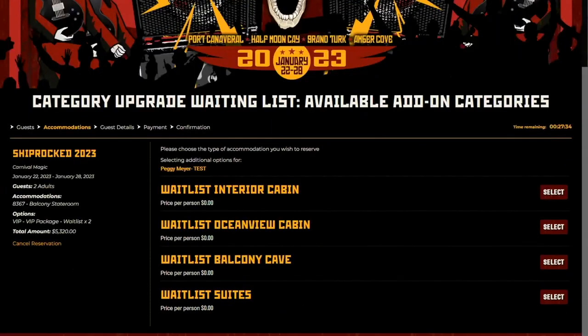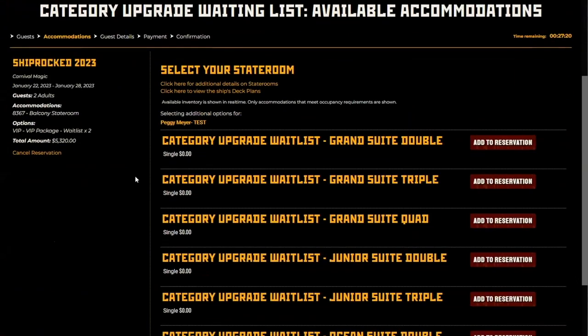And this is actually where you can go ahead and add yourself to the wait list depending on what you're interested in. So I have booked myself into a balcony cabin. And then we will go ahead and I'm interested in adding ourselves to the wait list for a suite. If you see here,